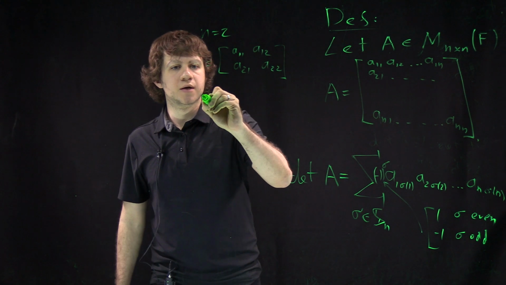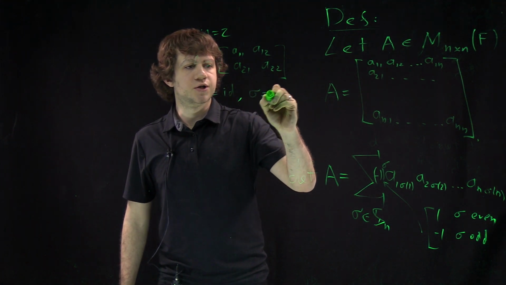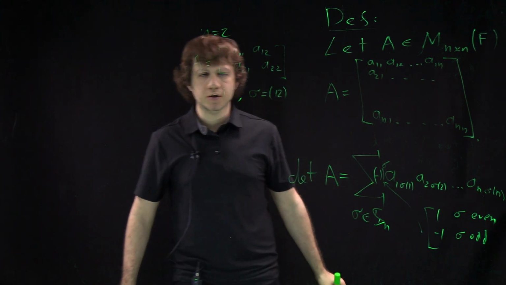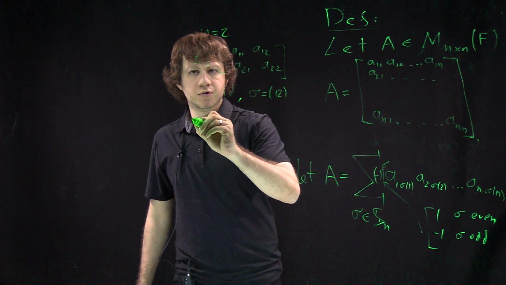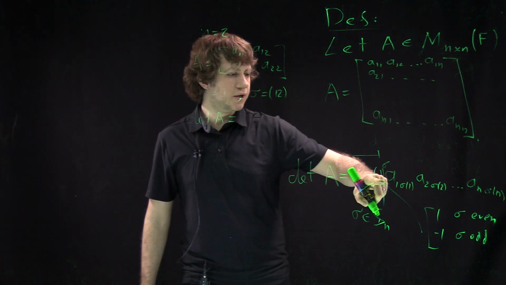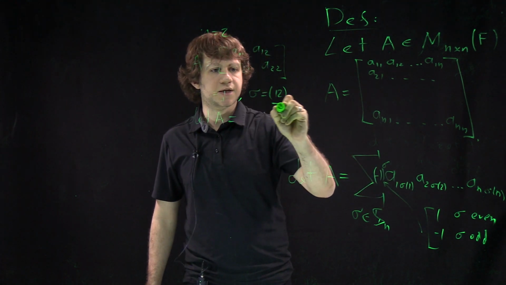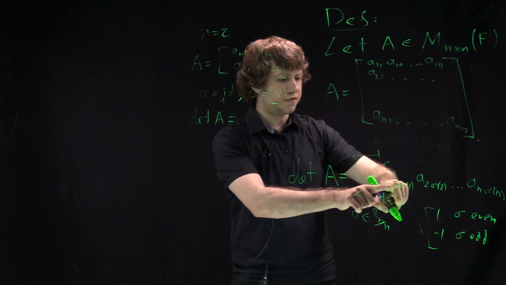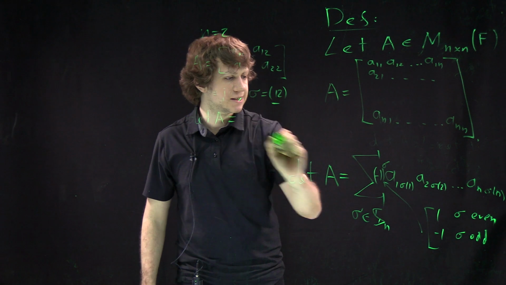So there is sigma equal to the identity and sigma, which is just the 1-2 transposition. And so this will have two terms. And so the determinant of A is, the first term is, so this one is even, this is plus, this is odd, this is minus. So the first term is corresponding to an even permutation, so it will have plus sign,